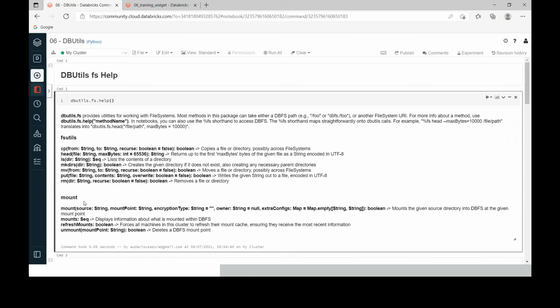In this demo, I'm not going to cover mounting, but still I will give you the syntax. I will give you a fair idea, but I'm not going to execute it because I don't have any external file system at the moment. But I will post a video later for mounting.